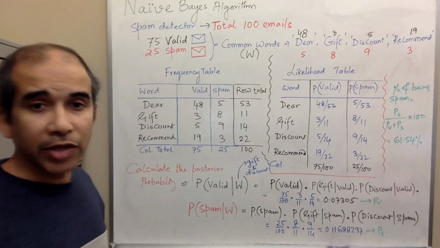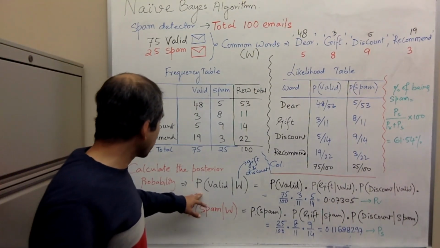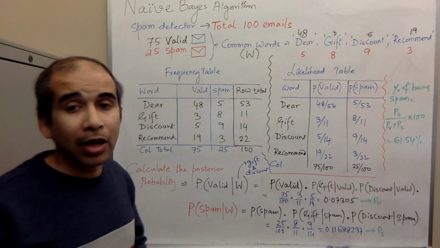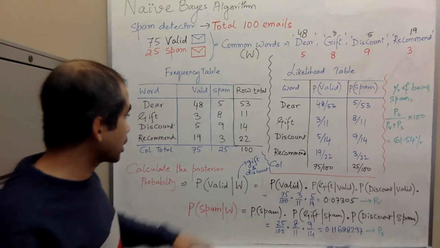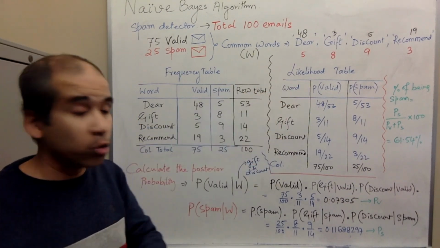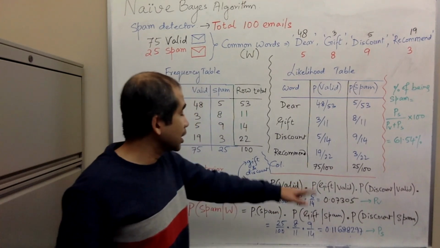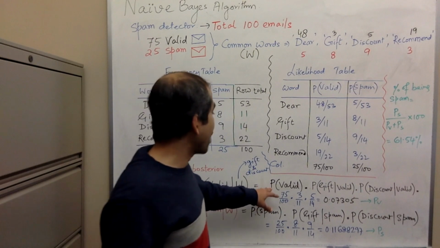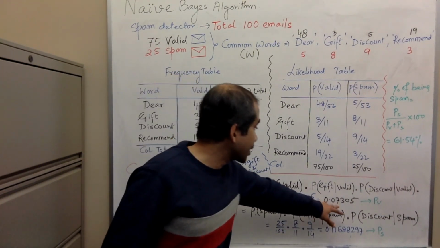We have kind of changed what we want to determine a little bit. We are now saying that, okay, what is the probability that an email is valid or spam, depending on the occurrence of 2 words, gift and discount, in them. Okay, gift and discount. So this W now does not represent all the 4 words, but 2 words. So what we did, probability of gift given it's valid, and probability of discount given it's valid, times the probability of the email itself being valid. We have multiplied all of them and found the probability is